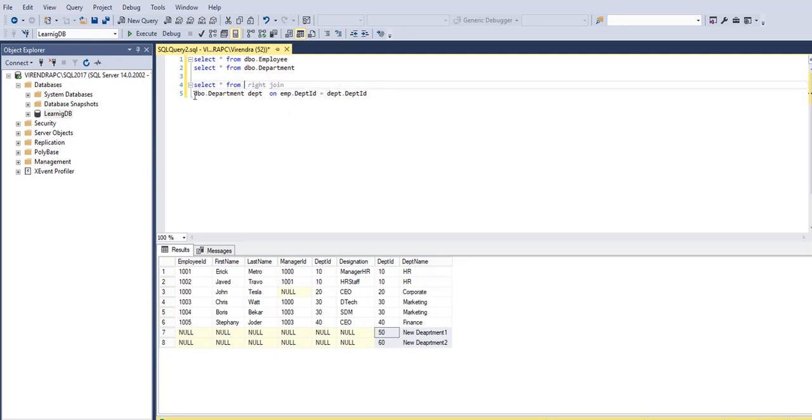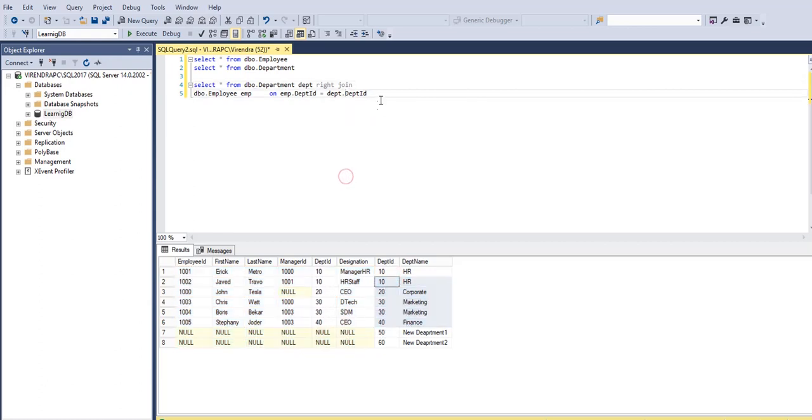So I'm now doing the department table first, and then we are right joining the employee table. What we are telling SQL Server now is, instead of this bringing null, null, null, I want all the records from my employee table, but only the matching records from the department table.